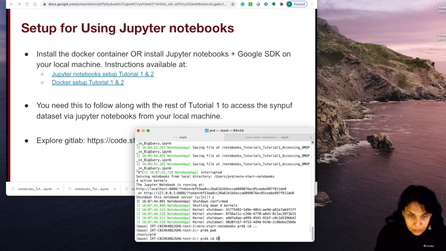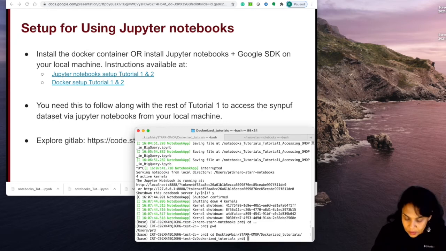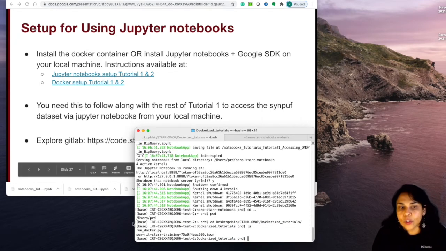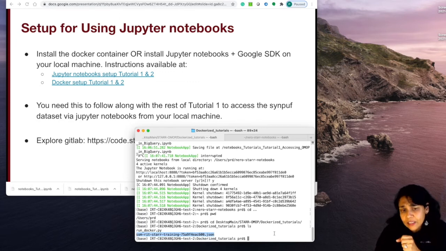For me, that is in this directory called Dockerized Tutorials. If I go into this directory and list what's in here, I only have the run docker.py and the SOMR IT training JSON authentication file. That's all I have in here. So I'm going to go ahead and run the docker.py file. So, python